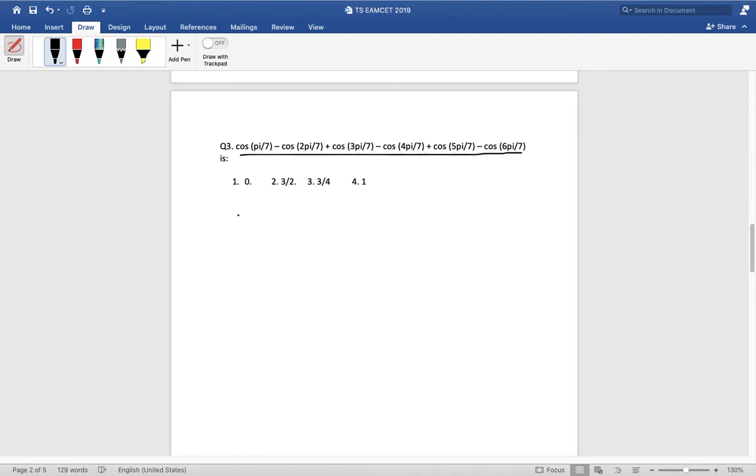So I actually want to use complex numbers to solve this problem, because if I try to go by using trigonometric identities, this will take like 15 to 20 minutes easily. But if I go by complex numbers, oh, that's easy. Z raised to the power 7 plus 1 equals 0 is an equation in complex number Z that I'm going to use to solve this problem.